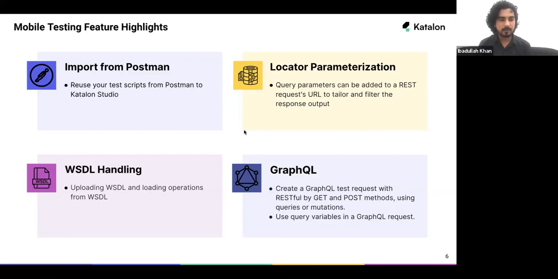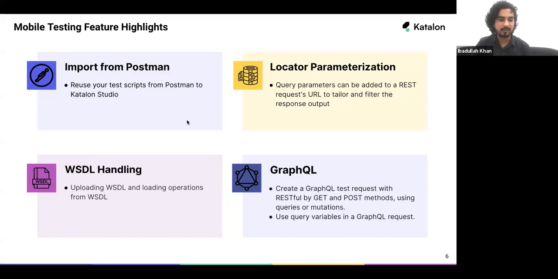Yeah, sure. So in this webinar, we saw the API testing features. This is basically not the mobile testing features. We saw how we can import our existing test artifacts from Postman to Katalon Studio. And basically, Katalon is not limited to Postman. For your SOAP web services, you can import from SOAP UI as well. If you have any test cases automated in SOAP UI, you can export them and then import them